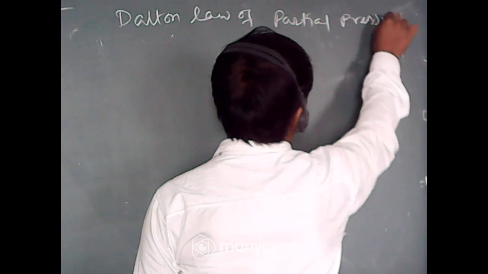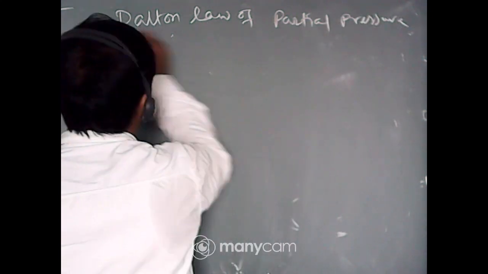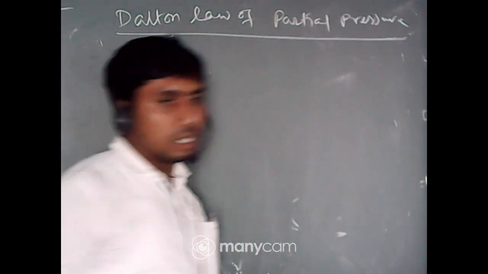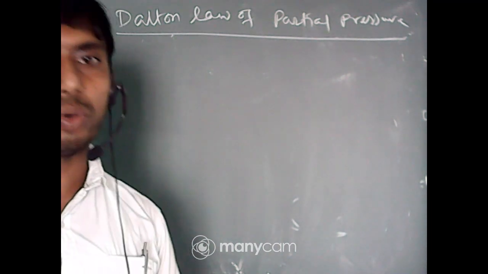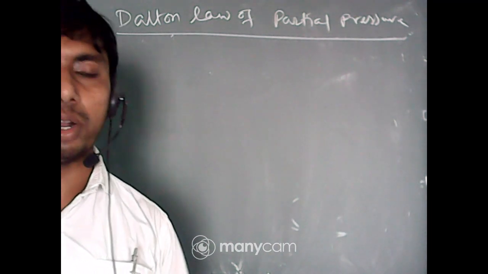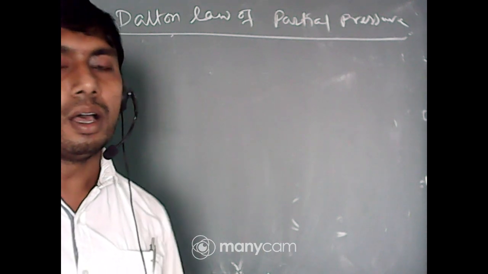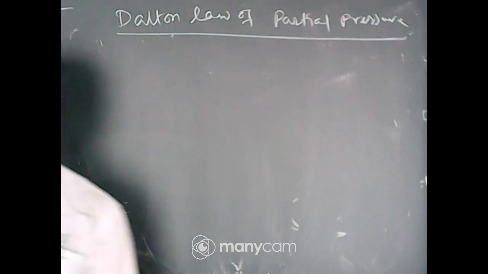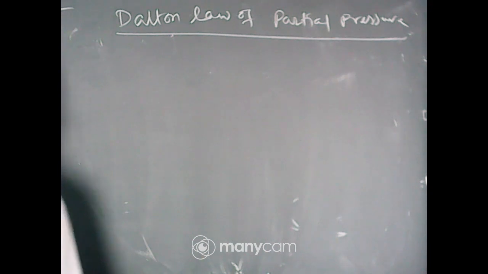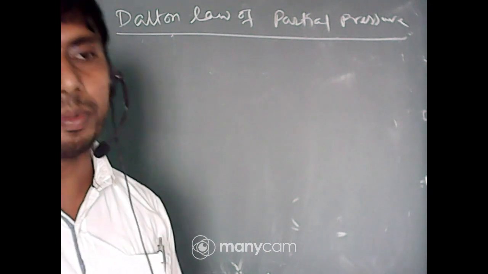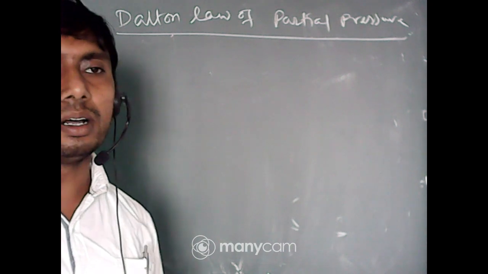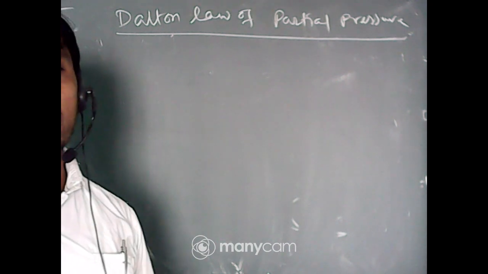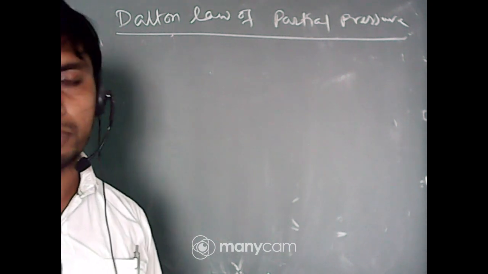The rule states that if two non-reacting gases, or not only two, more than two, maybe two or more than two non-reacting gases are mixed, then the overall pressure exerted by the mixture of gases will be the sum of the individual pressures,